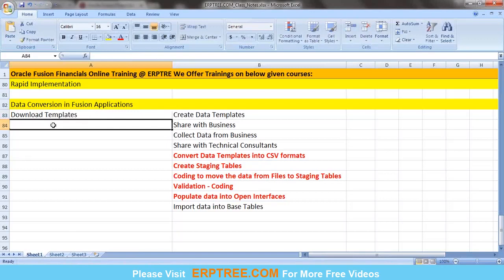The templates will be shared with the business users, and we will collect the data templates from business users. We will download the templates and give them to the business users. When you give them, you can explain the reference of the fields and all the information. Then we collect the data templates. After collecting, we can convert